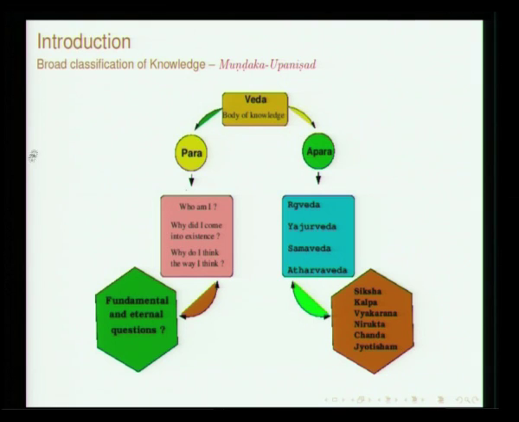In fact, even the Vedas, the Karma Kanda section of the Vedas, fall under Apara Vidya. We have the 4 Vedas as listed: Rig Veda, Yajurveda, Samaveda, Atharva Veda. Then we have the 6 Vedangas: Siksha, Kalpa, Vyakarana, Nirukta, Chandas, Jyotisha. It is under this Jyotisham that mathematics also is clubbed.